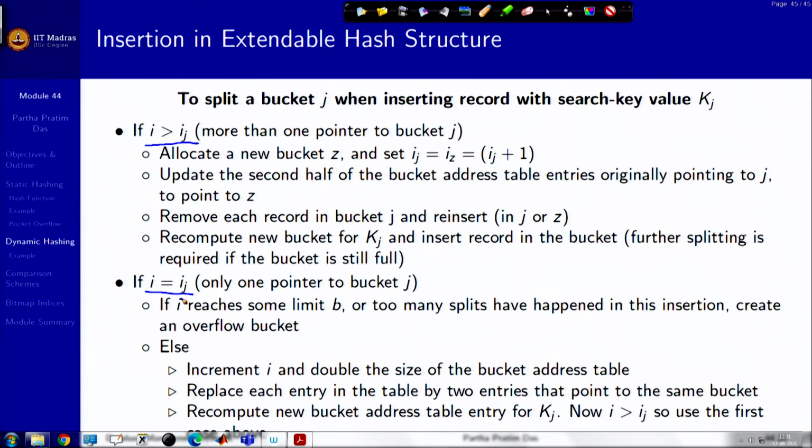One is the number of prefix bits you are using is greater than what you actually have in terms of the buckets. So, it is possible that you can allocate a new bucket. As you allocate a new bucket, you have to reorganize the records between the earlier bucket and the newly allocated bucket and recompute the new bucket, simple. If it is the same,